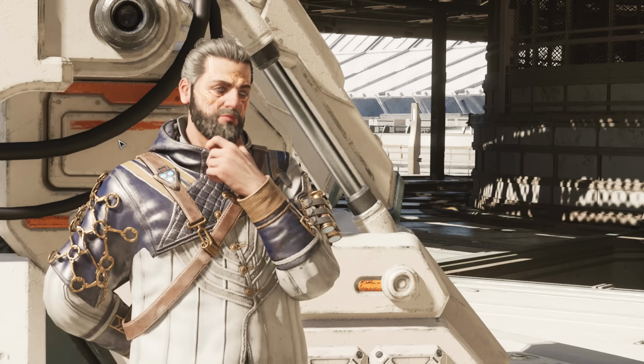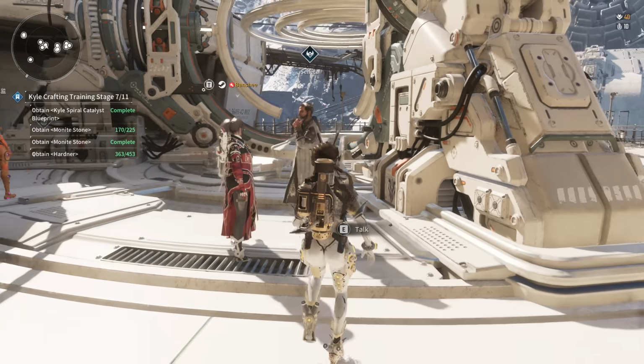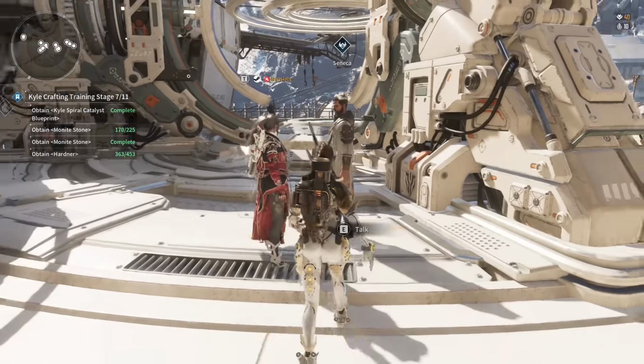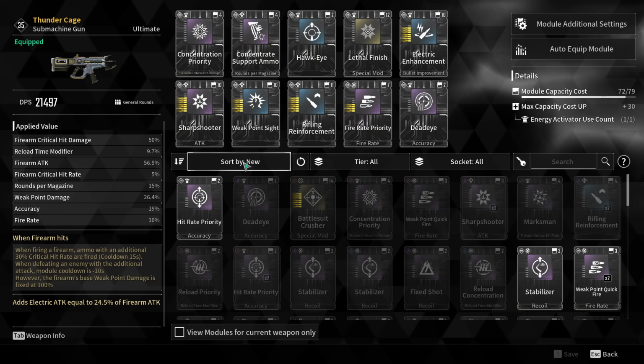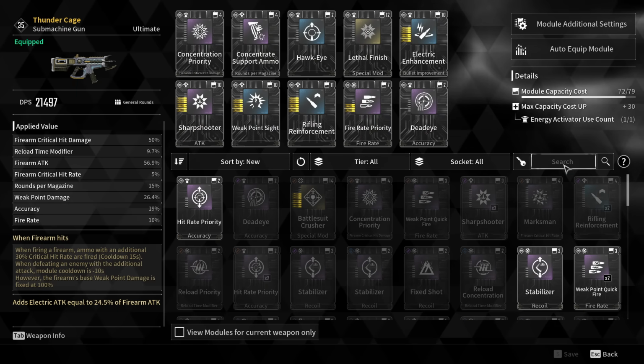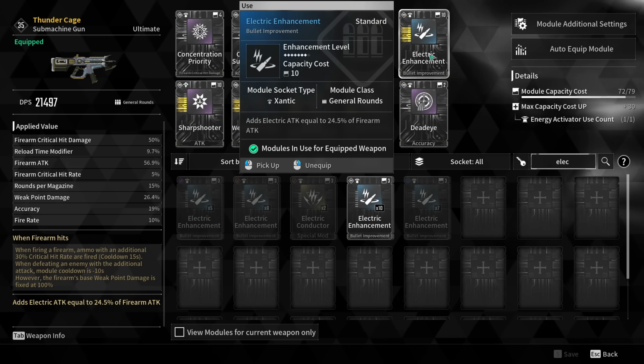Now how about the battlefield? How do you know which enemies are weak against fire, electric, toxin or chill? Well, that's very simple. There's this feature called Intercept Effect in the game that when you press the Tab button on PC, you can scan the target and there will be icons on top of their head which show their